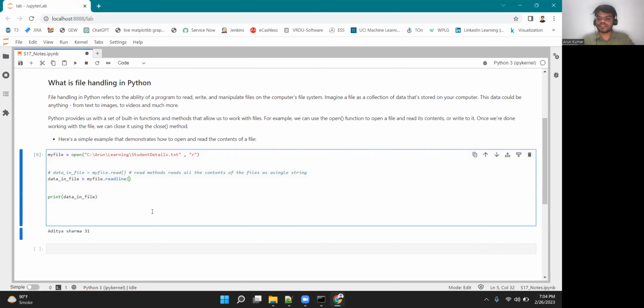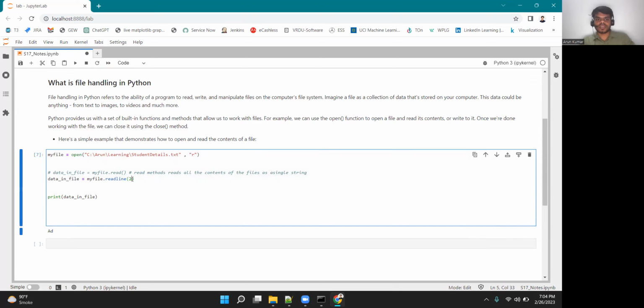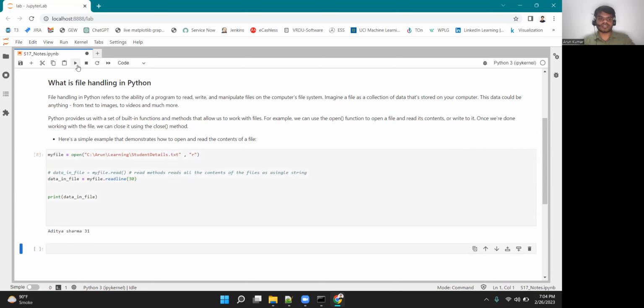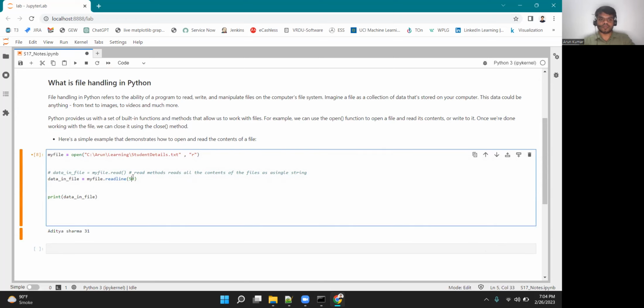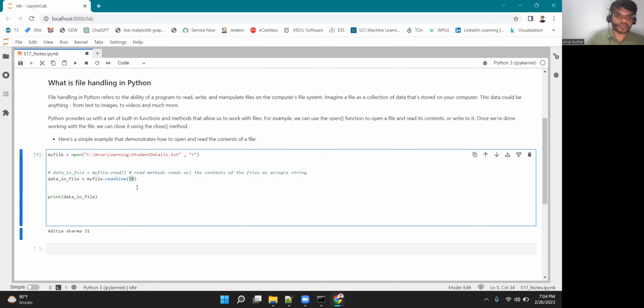But if I give 2 here, it is only reading the 2 characters. Okay, if I give 80, then it is going to read the first 80 characters. If I give 30 here, then it's going to read the first 30 characters. Look at this. Maybe I should give a little more, 50. If I give 80,